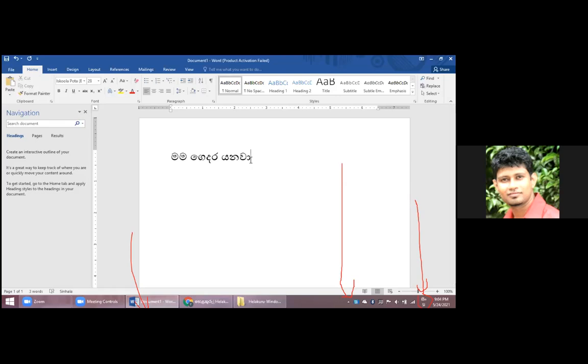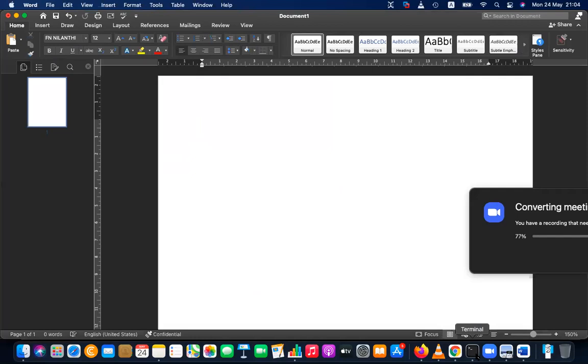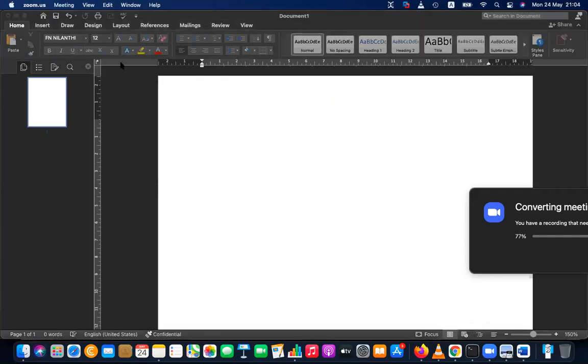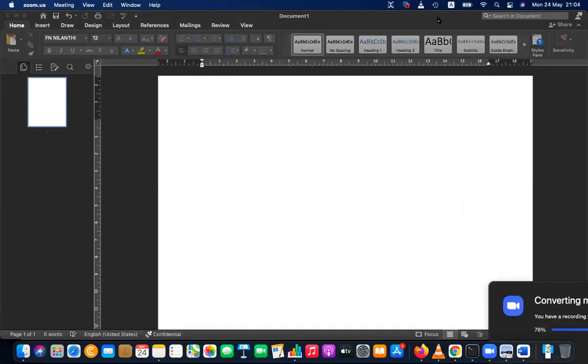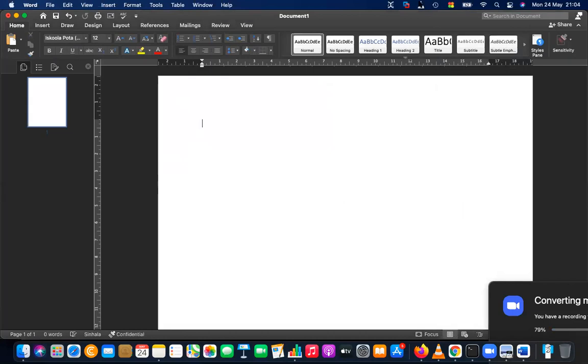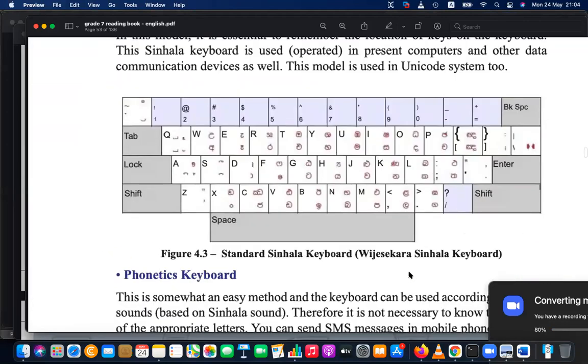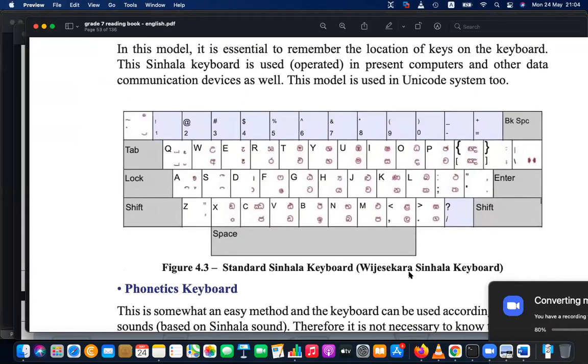Okay, so this typing is convenient. I think the others also did the same, right? Hello. Others, did you do this? Or do you have questions? Yes, sir. Okay, great. So phonetic typing is enough. Now anytime you can change the language and start typing in a phonetic way, but you need to type more, but still it is easier. The advantage of phonetic typing is that it is easier. The advantage of the standard keyboard is that it is faster, faster after you learn.